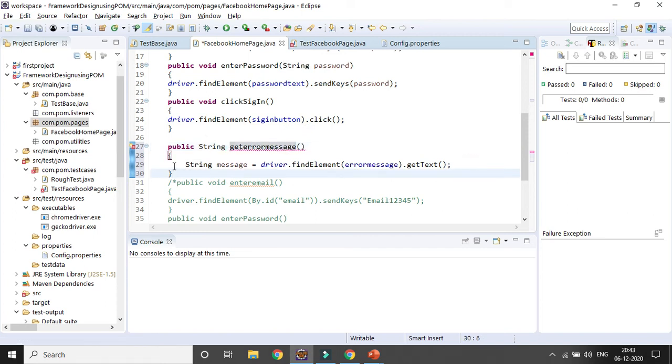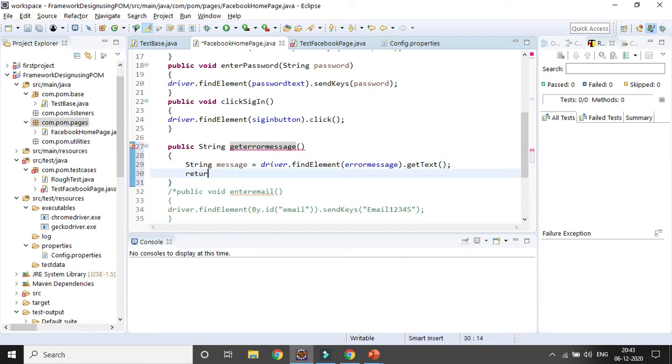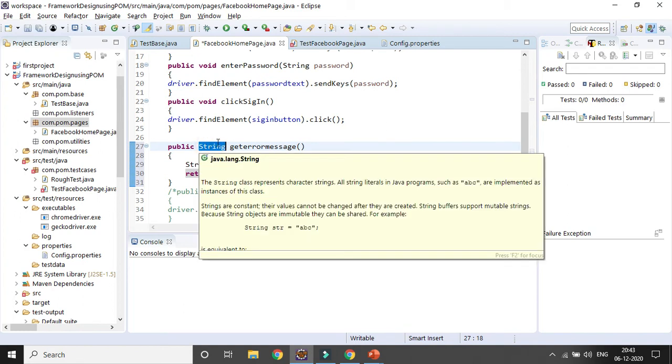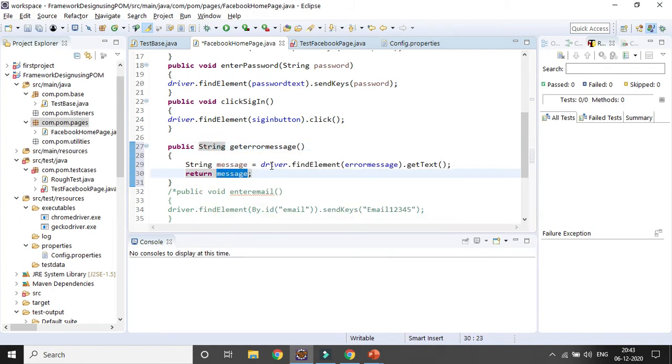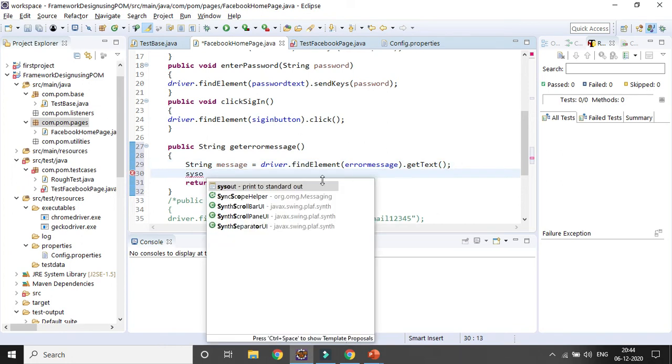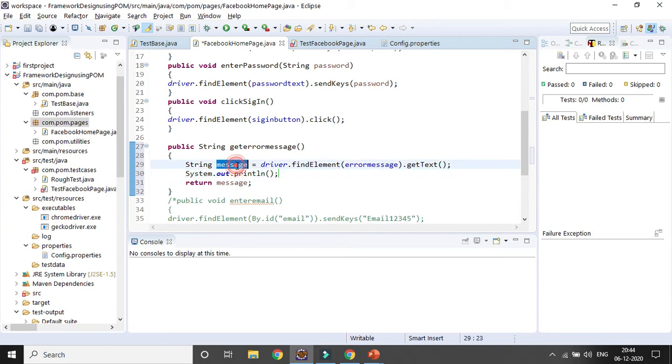Then I need to return the message, so that the method will be completely successful and there will be no error. So you know, whenever you are creating any method, there can be some return type. In case the return type is there, you have to return that message or that particular variable. If there is no return type, you can simply use SYSO, and the return type will be void. And here also we definitely return the message, and also if you want to print the message, you can print it out. So I will also print the message here.